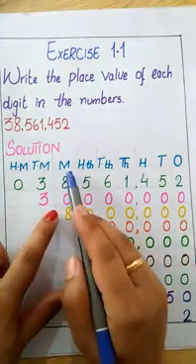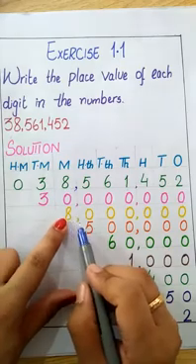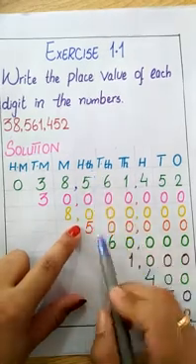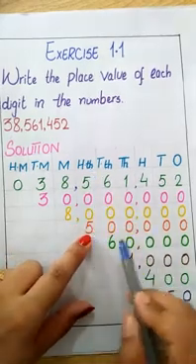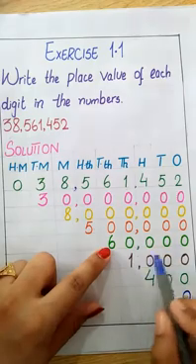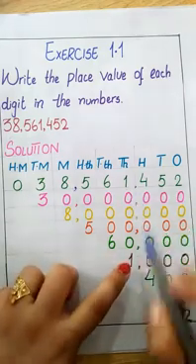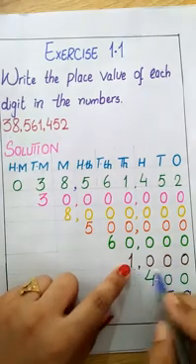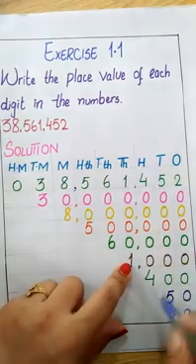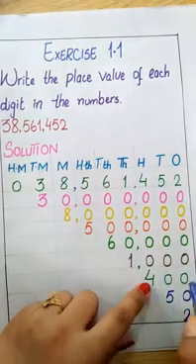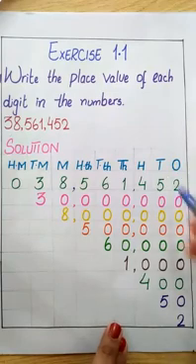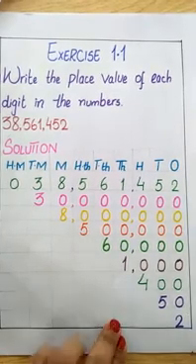The next one is in the millions column, we have 8. Write down the 8, put the comma and mention the zeros instead of the numbers. In the 100,000s we have 5, so write down the 5 and zeros. 10,000s column we have 6, so write down the 6 and mention the zeros. In the thousands column we have 1, so just put the 1, put the comma and the remaining numbers zeros. In the hundreds column we have 4, write down the 4 and the remaining 2 numbers are zeros. In the tens column we have 5, write down the 5 and the 0 and the last one is 2.